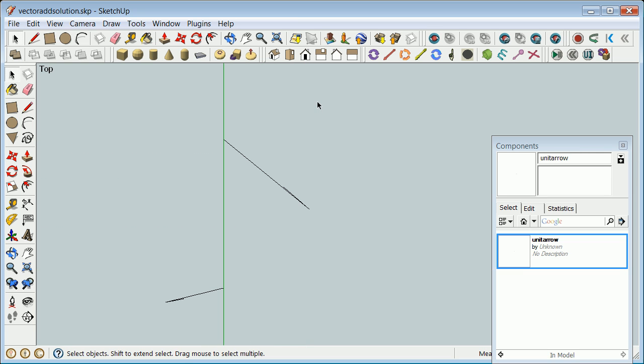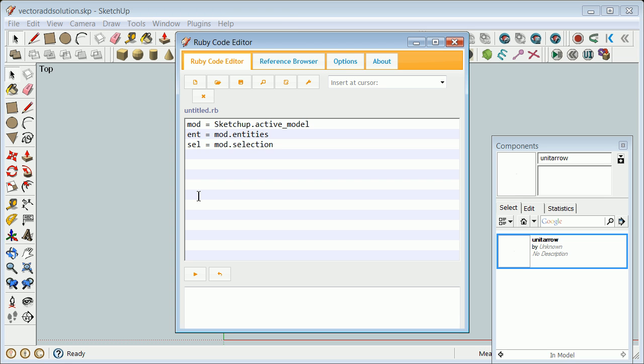And now let's see what kind of data exists on these. Well, they each should have an insertion point that has 0 in the x and something in the y. They will have some rotation, and they will have some magnitude, which should be all tied into that 16 element 4x4 matrix. How can we look at that? Well, we won't look at it a lot, but we can go to the Ruby code editor,